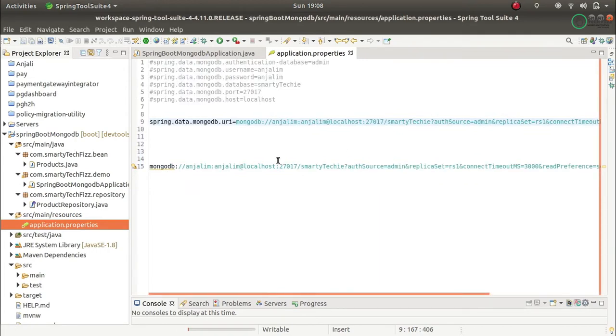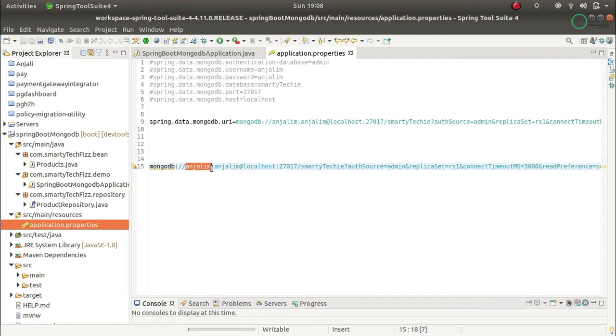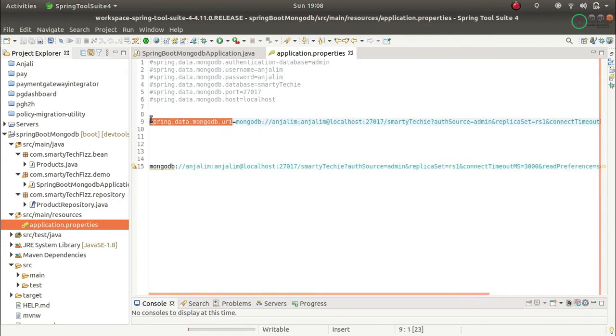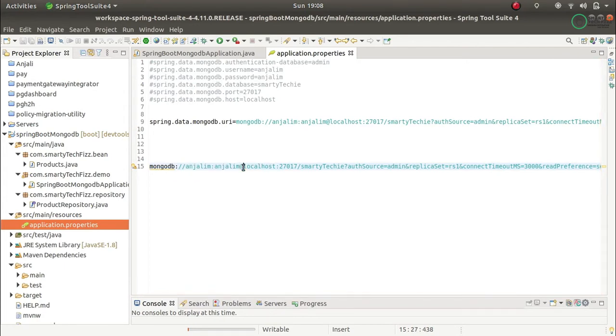So what is the string saying? This is the MongoDB connection, and this will be the username. This is the same connection string you will use for other ways of connecting to MongoDB, and in the same way we are using it in the Spring Boot application through this property. So what does this connection string mean? The mongodb:// prefix comes first. Then the username, then a colon, then the password, then the @, and after the @ you have to mention the replica set member IPs.